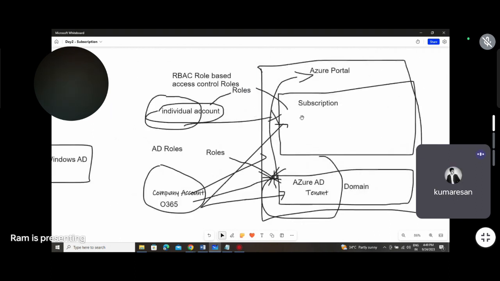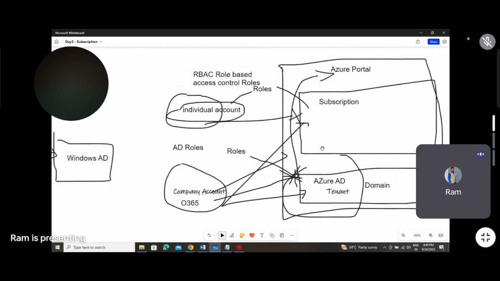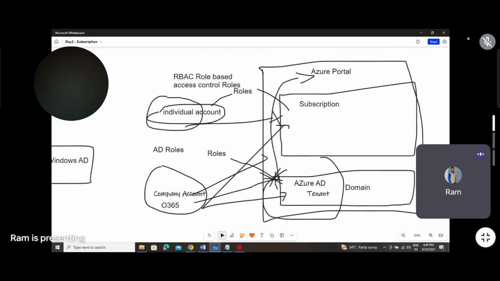Can you explain again? Okay, fine. So this is the Azure portal. When you have an individual account as well as a company account, with an individual account, the first time you have to sign up and then you will get a portal. Later you will purchase a subscription, correct? After purchasing the subscription, you will get some roles assigned. As you are an individual account person, you will get some owner privileges. Just assume some owner privileges, so you can access this subscription